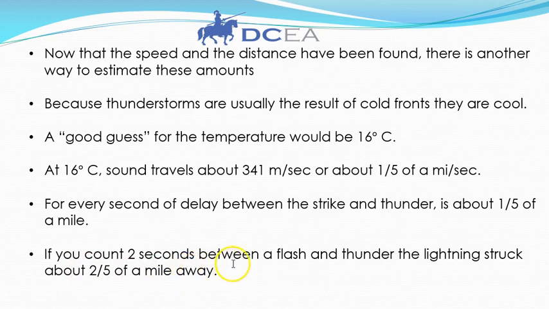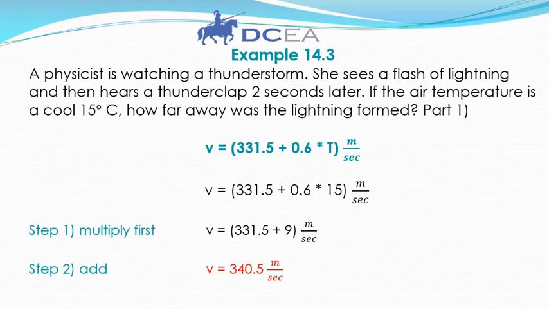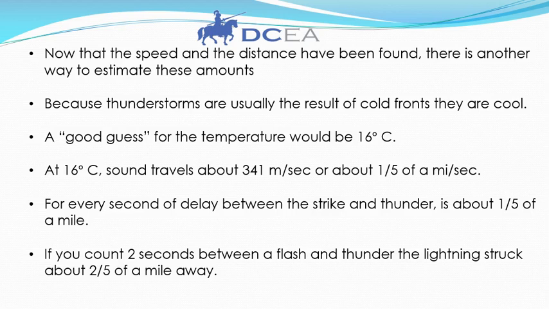If you count 5 seconds between the lightning strike and thunder, that means that the flash was actually 1 mile away. So that's what you can do. The next time that you see lightning, go ahead and start counting, and remember that about 5 seconds should be about a mile. If you need any help, please be sure to ask, and we'll be moving on to video